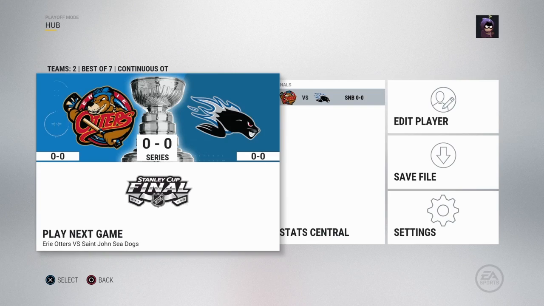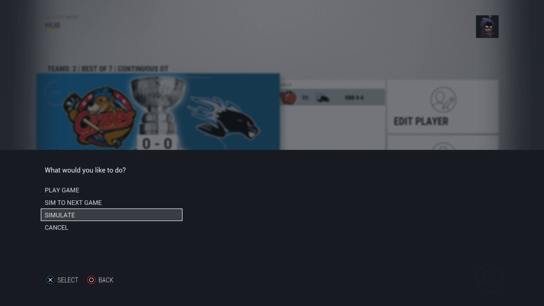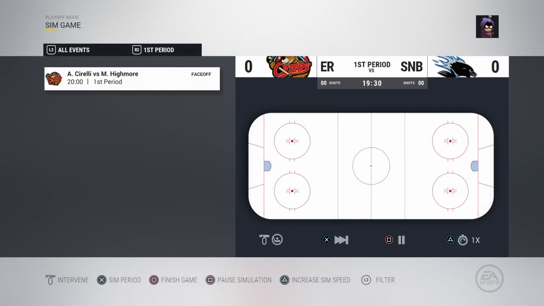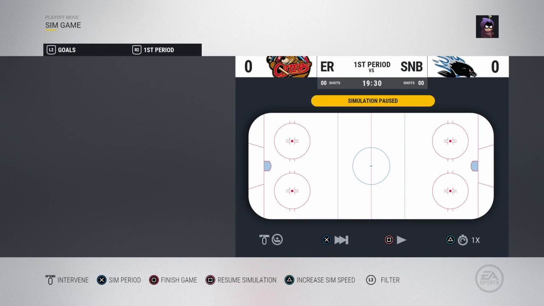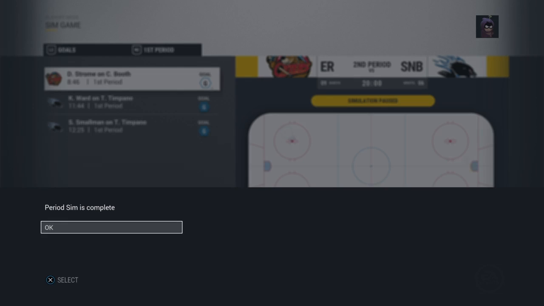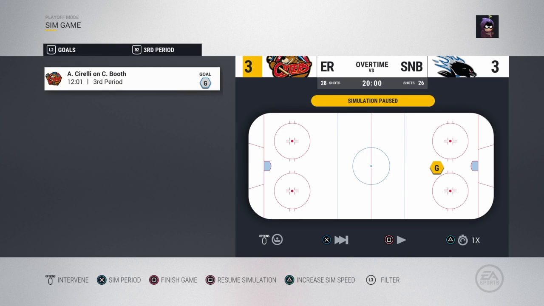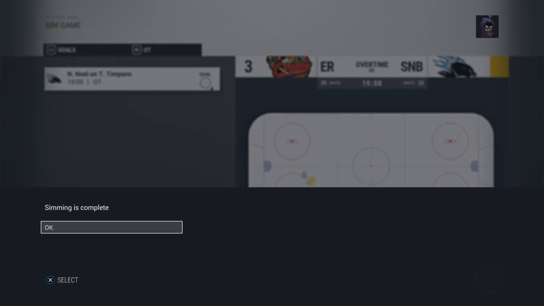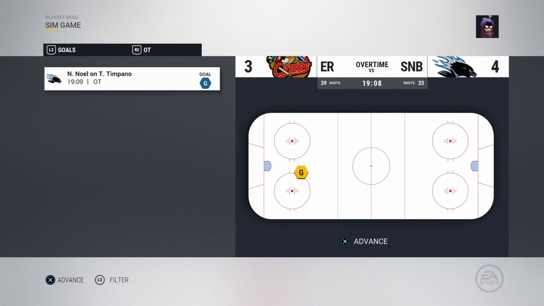All right, next up is going to be Erie versus St. John's. Again, like I said, I think Erie's going to probably win the Memorial Cup this year. I'd love to see Windsor get it, but they are the host team. Host team does not always do very well. So we will see. In this one right now, it's 2-1 for St. John's. Now 3-2, and Erie comes back to tie. Anthony Cirelli going to get it. So in overtime, okay, double overtime, St. John's gets the win, and now every team is 1-1.